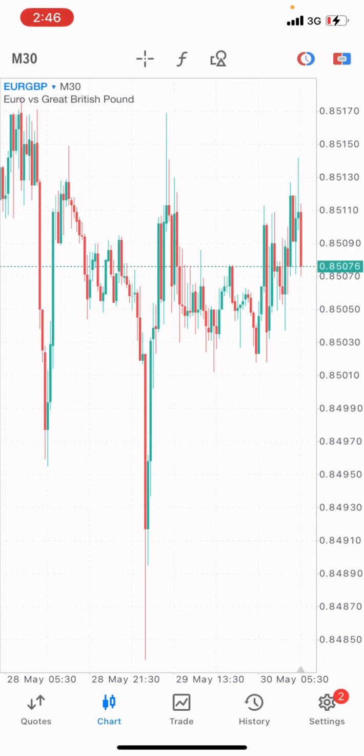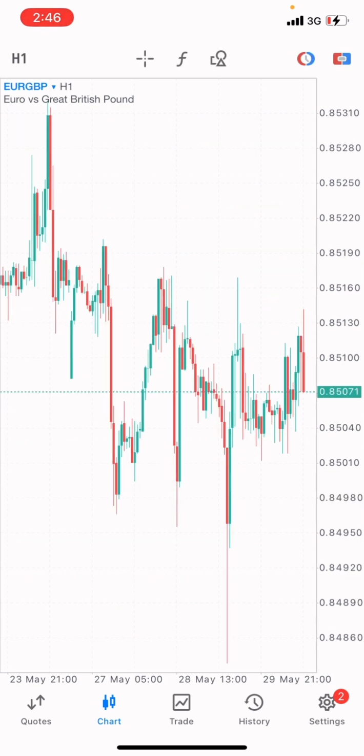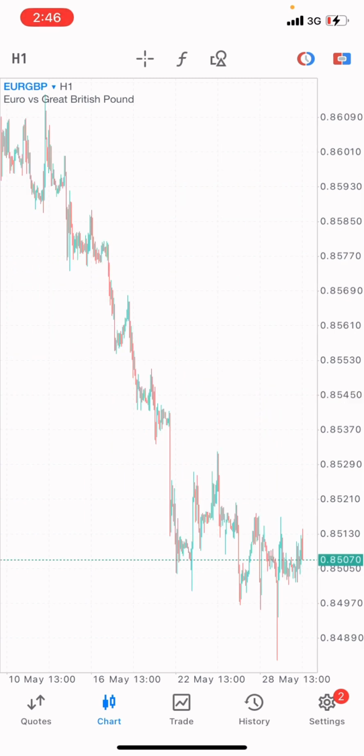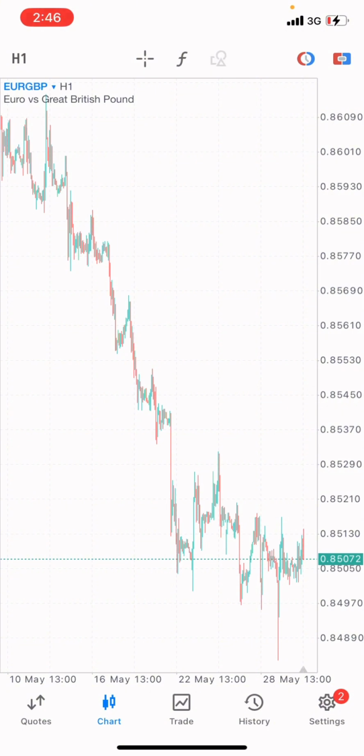So what we can do on this market right now, we're seeing the market is selling, right? The market is currently selling, but first let me check the 1 hour time frame just to confirm a good entry for this trade. All right, so I just zoom out right now, and from here down to this point,